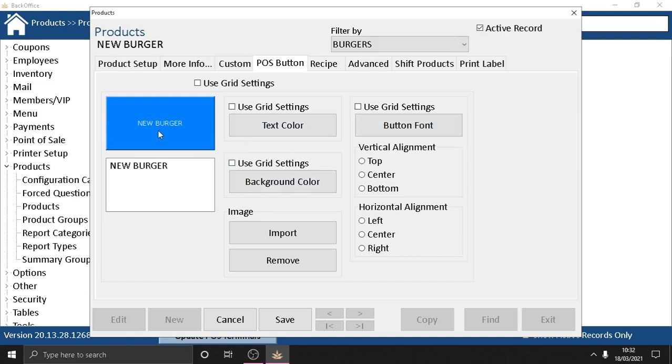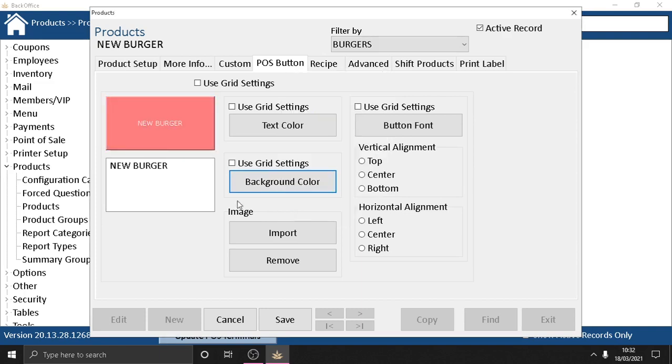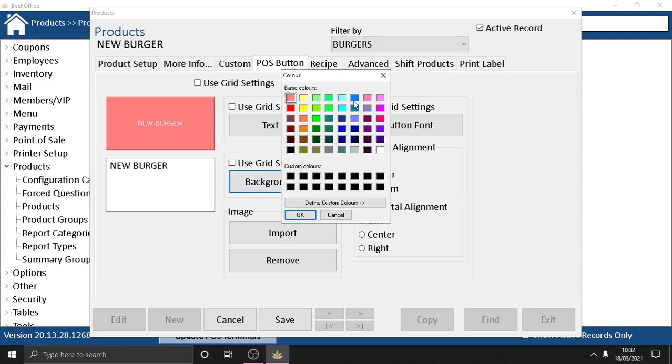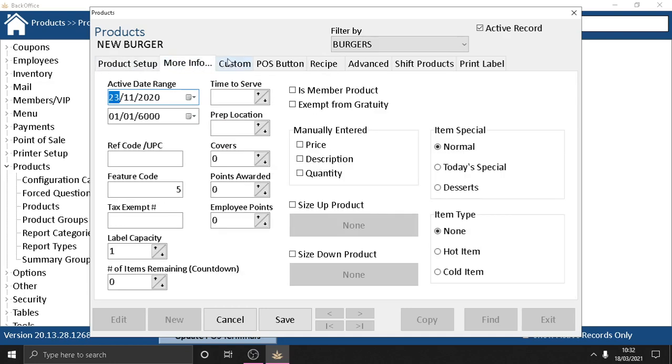For example, this button is blue. If I wanted it a different color, I just click on background color, and as you can see, there are options here to change the color of the button. I'll change it to this red color, and that's it changed to red. I'll change it back to blue now, and that's it back to blue. And you can play about with these settings, and that is the only other tab, generally speaking, that you